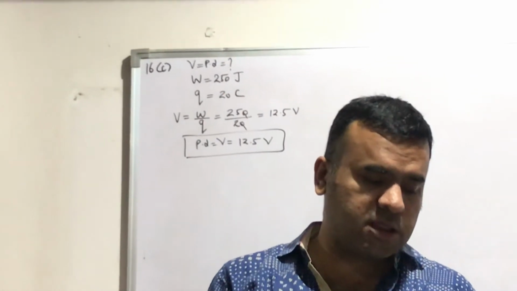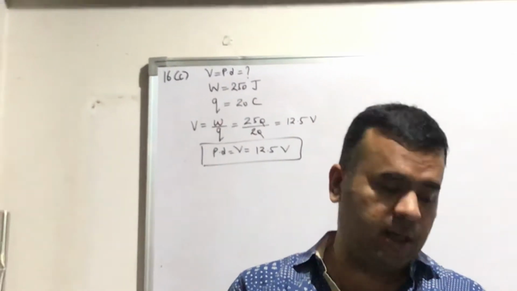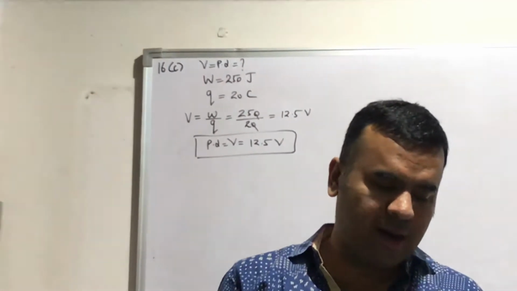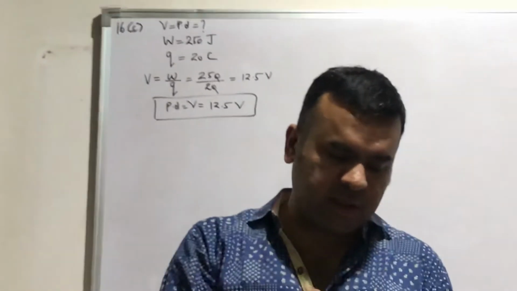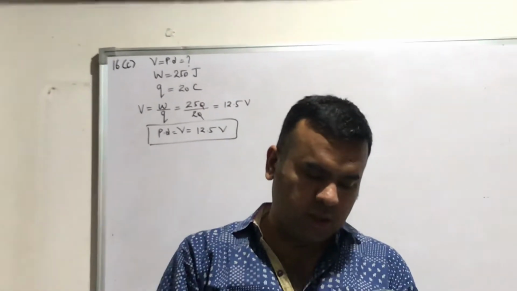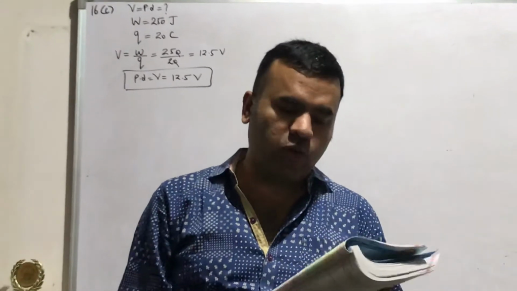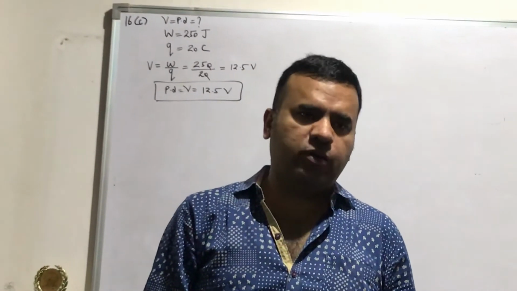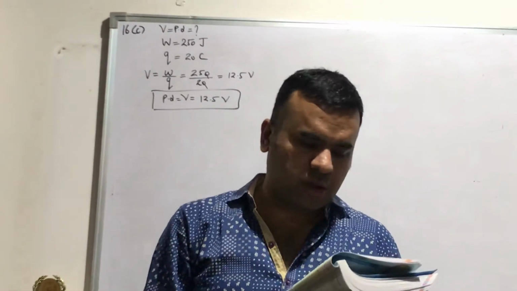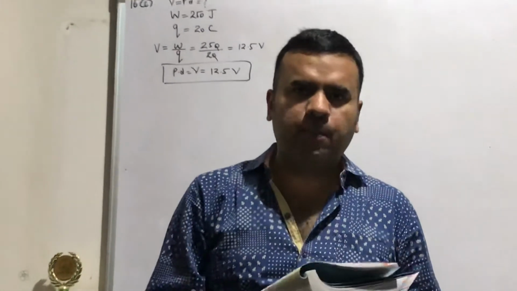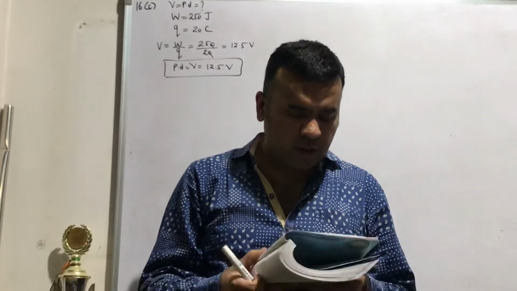Next, we have discussed question 21. 1 coulomb charge is equivalent to the charge contained in... Various options are given, and please mark D part. We have discussed this question earlier. So the 21st answer is 6.25 into 10 to the power 18 electrons. We just discussed this question previously. Now 22nd is very important. I am reading this question for you.